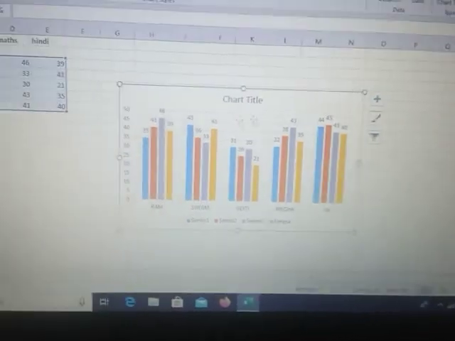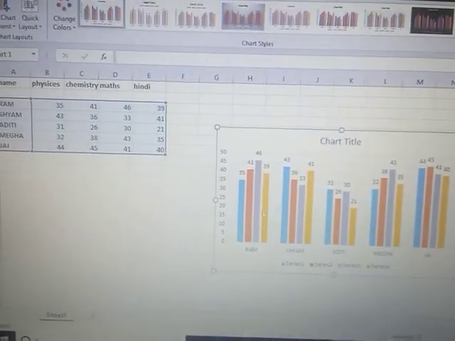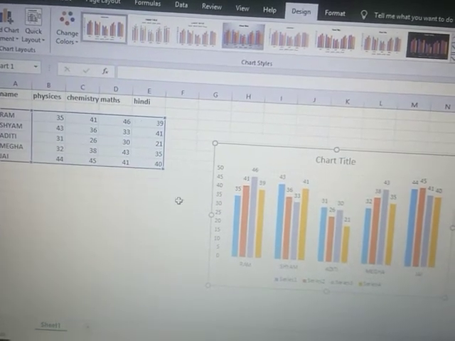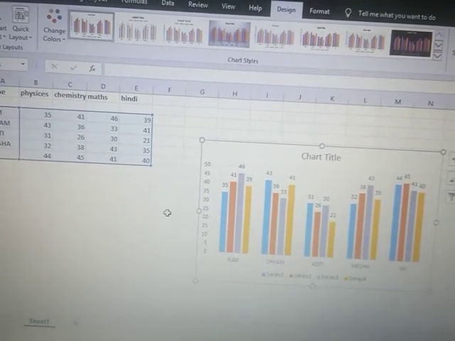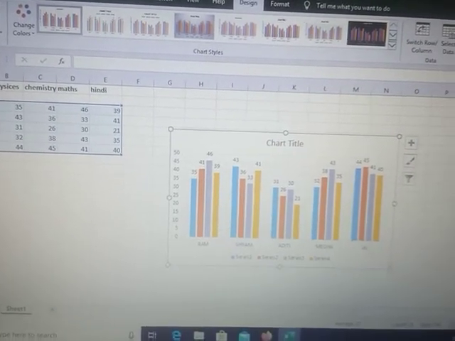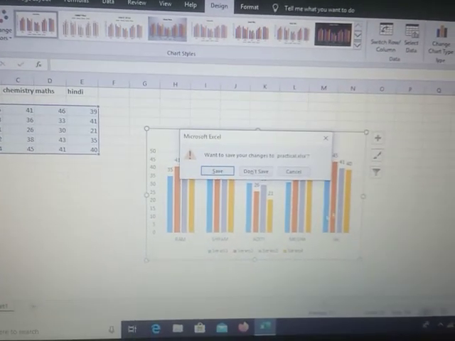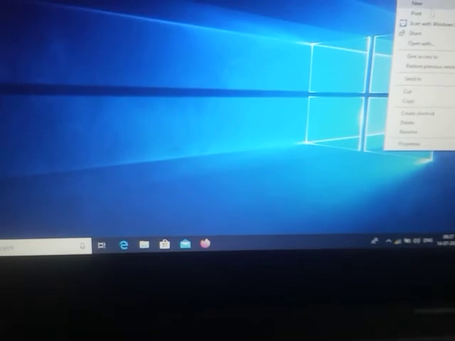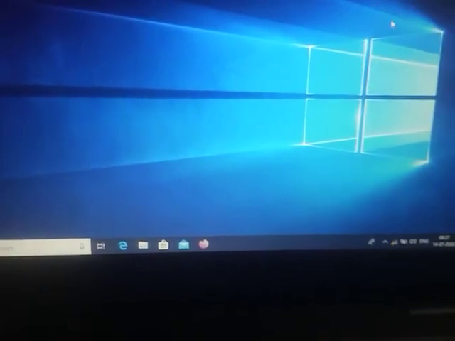Okay, so this is the method of how you can make a chart in your Microsoft Excel. See this and read it from the book properly, because you will be able to do this practical only then. So we will continue next term. See that one and just try to understand it.